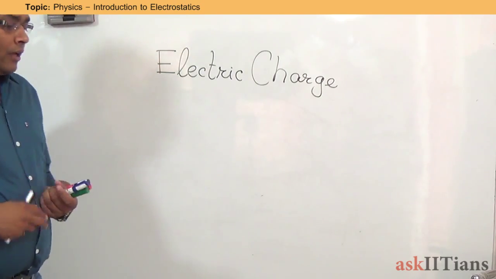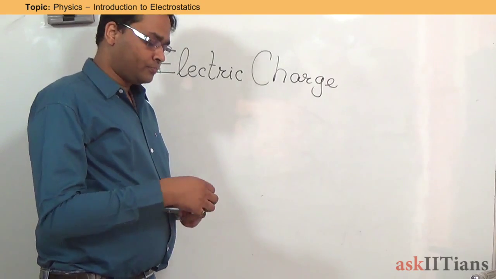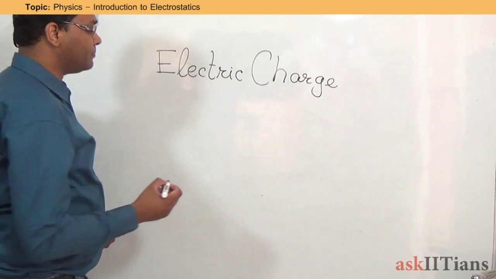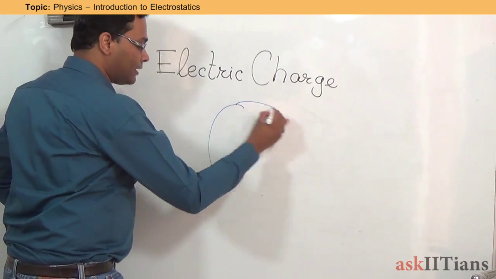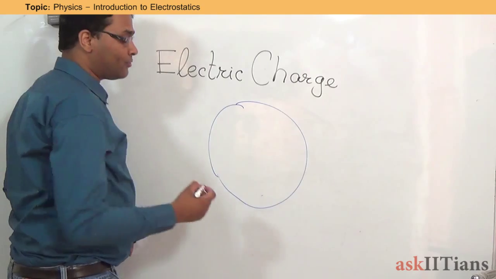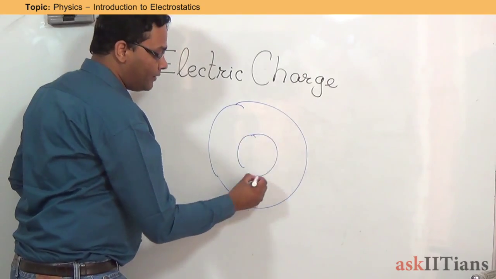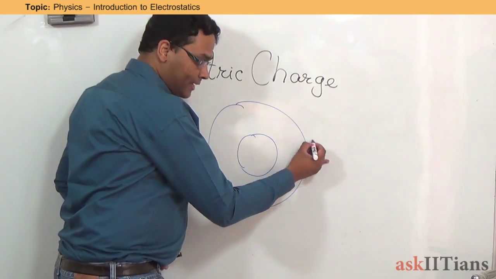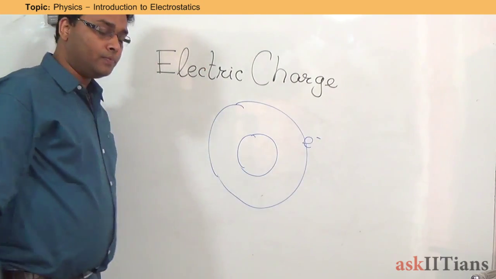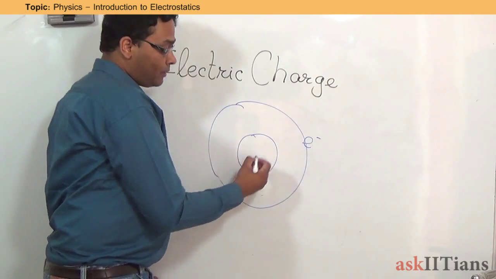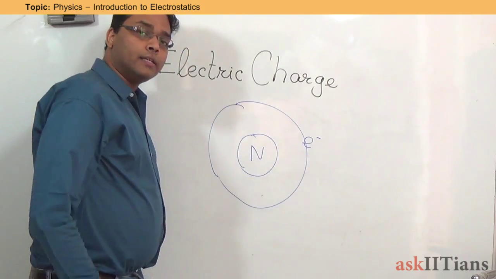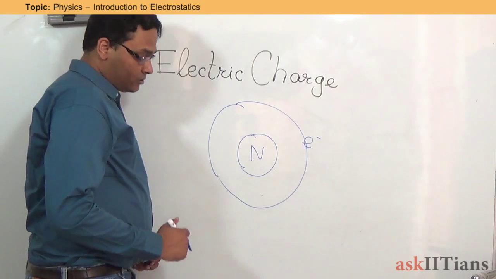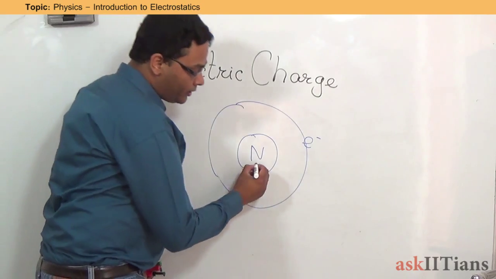Now let me give you an example. Let's say you have an atom. What is the basic structure of an atom? I'm very bad at drawing. So what we have is this. Let's say if you take a hydrogen atom, we have an electron that is moving about the nucleus, right? So the nucleus should be